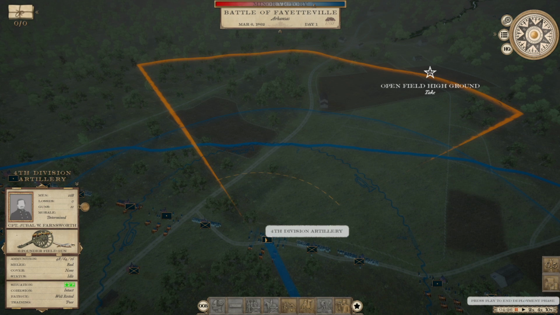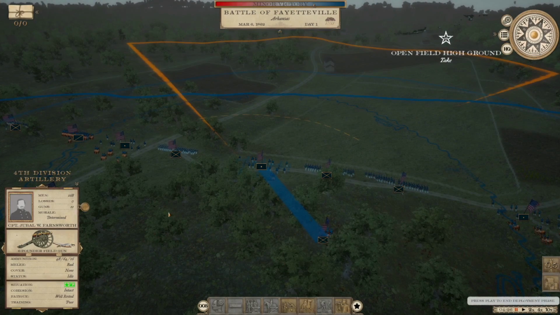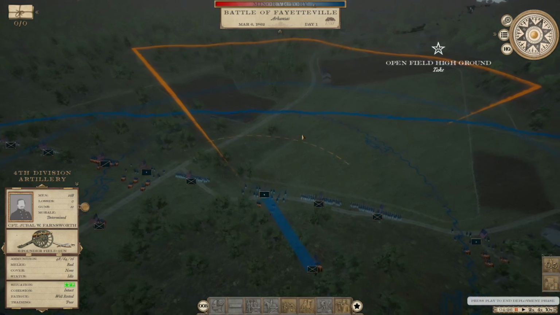I've had multiple issues in putting artillery behind infantry lines, even on hills, like this portion where the artillery is up here, the infantry is down here. I've had issues with the artillery shooting at things over here. When infantry is in front of them, or anything is in front of them, the cannons tend to not be able to fire very well. So,